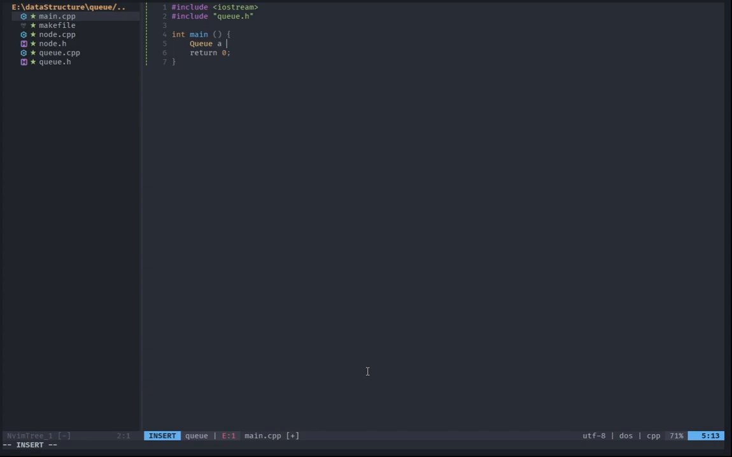Let's name our queue A for now. So the queue should be like this. Let's start our queue with value 5. Right now the queue should contain 5,